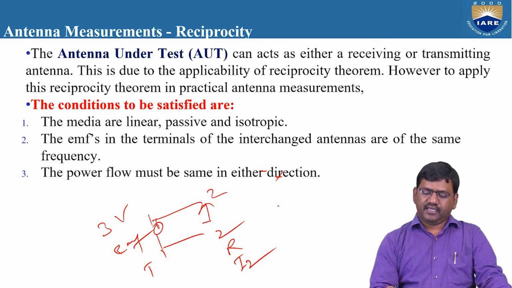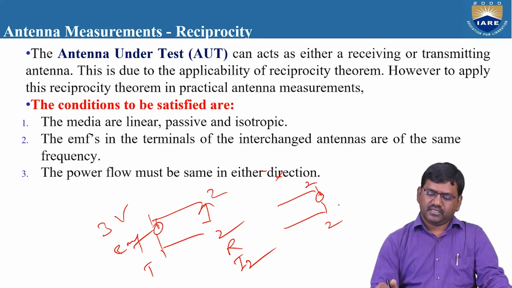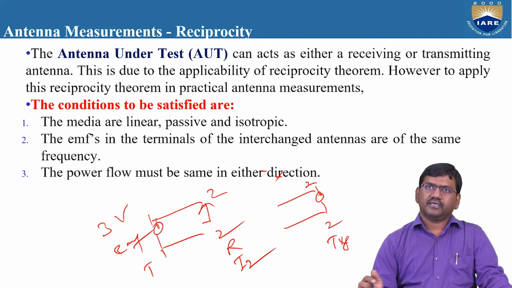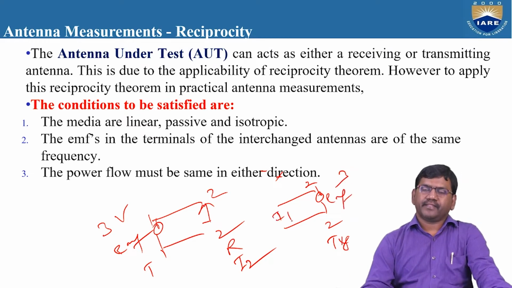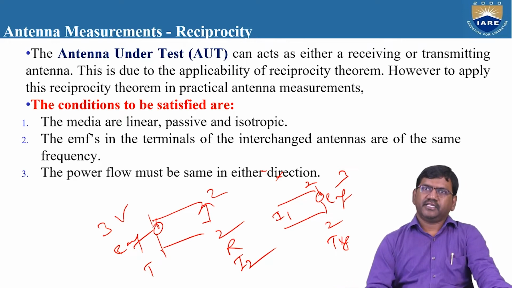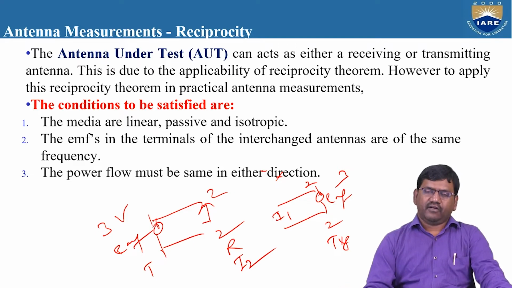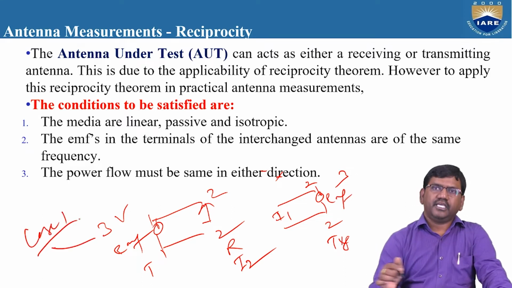And let us say, in another case, the EMF, let us say this is 2 and 2 dash, here there is an EMF of 3 volts and calculate the current I1 here. So in case 2, let us say the transmitting antenna has been shifted to the terminals 2. Whatever the EMF we applied in case 1, the same amount of